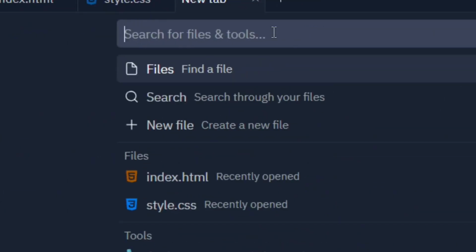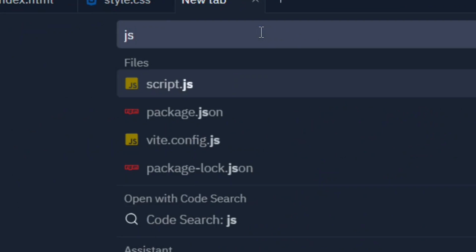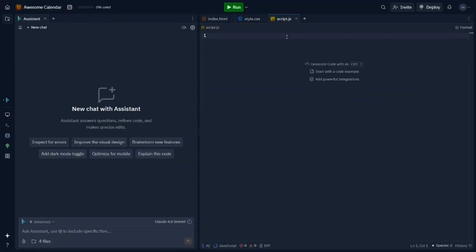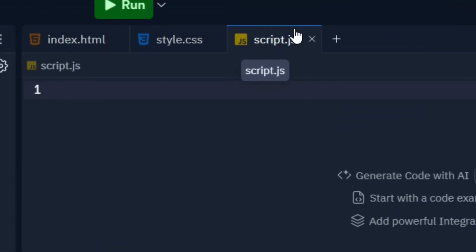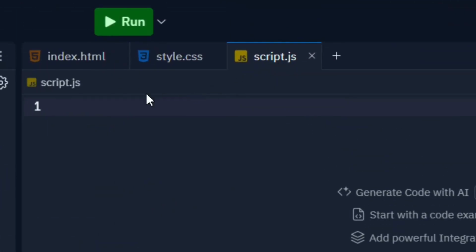Okay, so let's add the last one, that is the JS. Come and search for JS and select the script.js, and then now we have all the three here. Okay, so what you have to do is simply come and select the